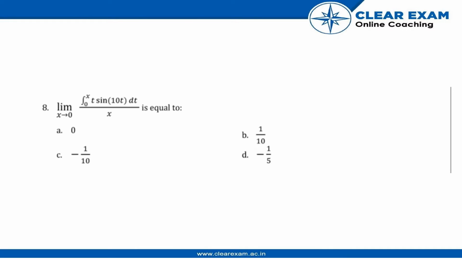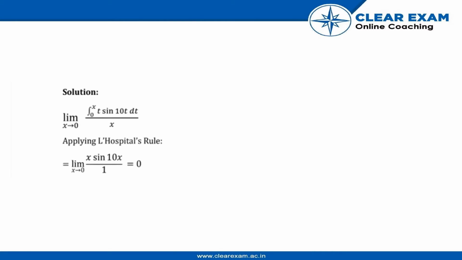The question is: find the limit as x tends to 0 of the integral from 0 to x of t sine 10t dt, upon x. What we do here in this question: limit x equals 0, integration 0 to x of t sine 10t dt upon x. We have to put 0 in place of x, and we see it's a 0 by 0